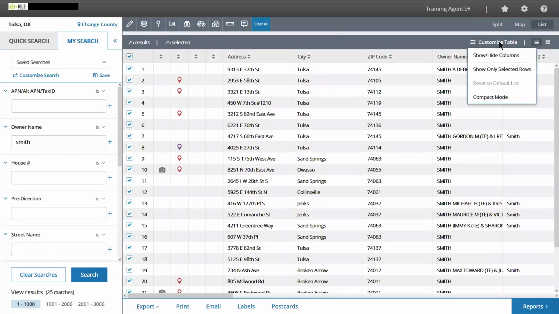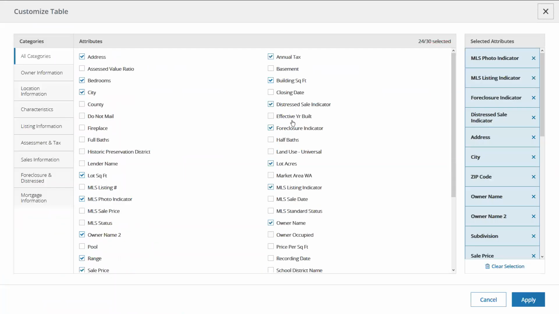And there's this customized table option, which allows me to show or hide columns. And just like we saw when we were looking at our search criteria, we can add in a whole bunch of different features and functions on here so that when we're looking at that grid, it'll contain the information that I'm actually interested in. We can only add up to 30 different pieces of information, and we can rearrange those